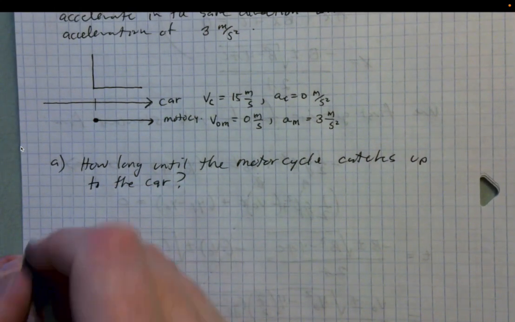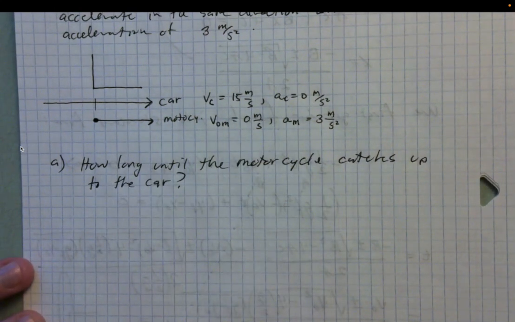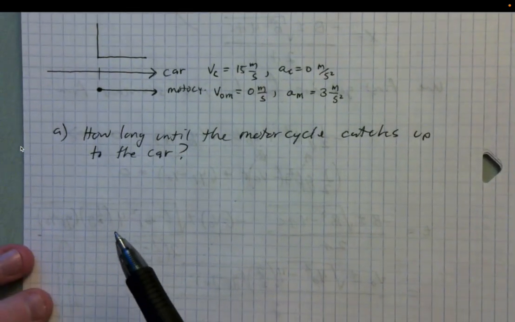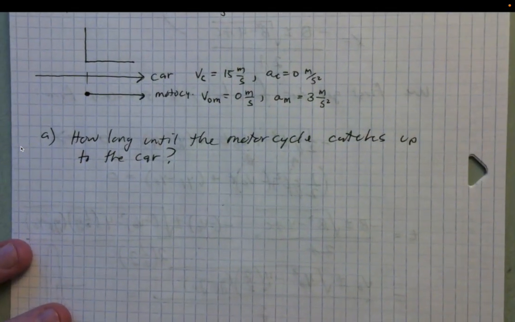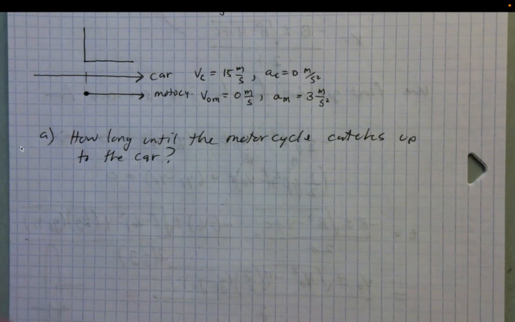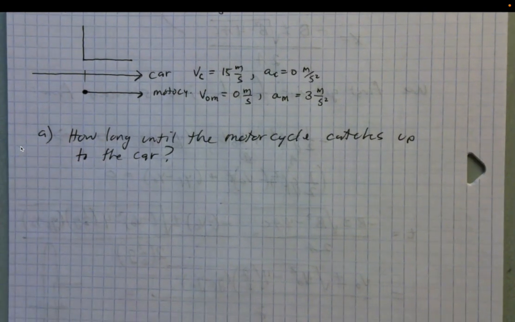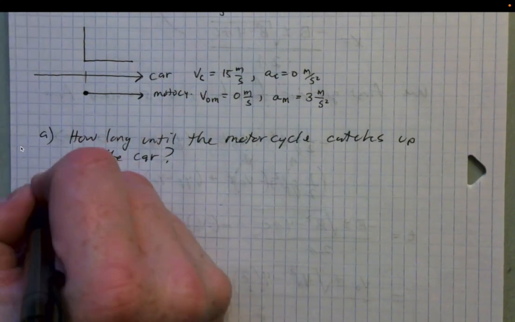Okay, so obviously the motorcycle is going to catch up to the car. It has some acceleration. The car is at a constant velocity. And the car might start out going way faster, but since its velocity is constant, the motorcycle is eventually going to overtake it, speed-wise and position-wise. So that's part A. Part B